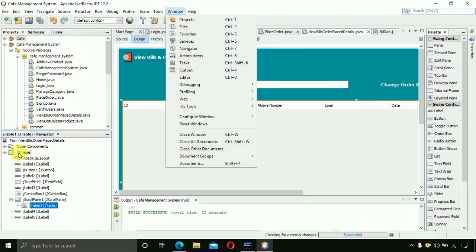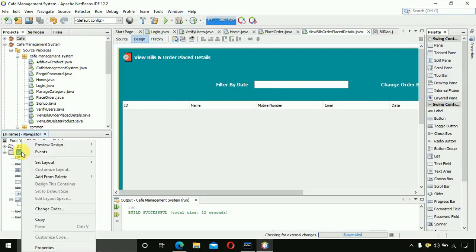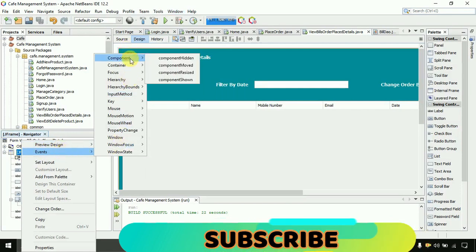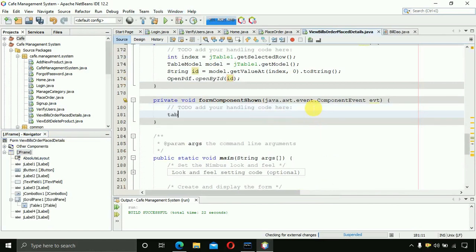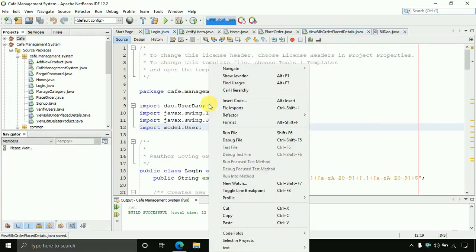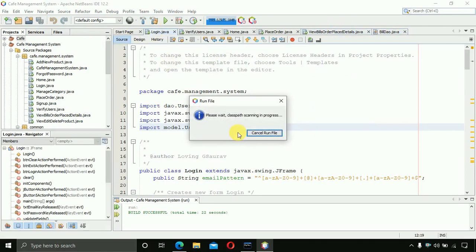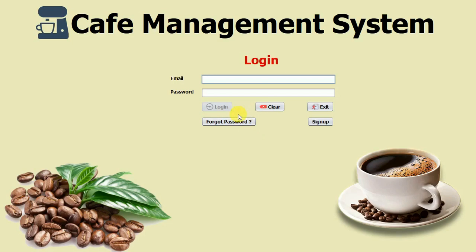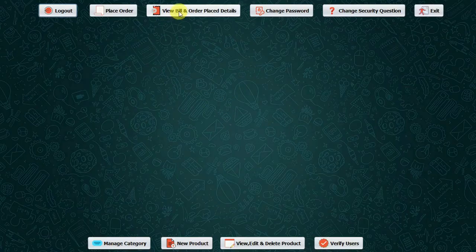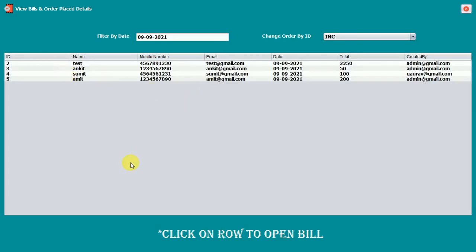Here you can see. After that, you have to click on this JFrame and right click, generate event, component shown, this one, and in this we are just going to call the table details. Okay, and save this. After that, let's check once again whether that issue is fixed or not. And let me enter the credentials again, email.com, admin. Let's log in. Let's click on this, and here you can see you are able to see the data,